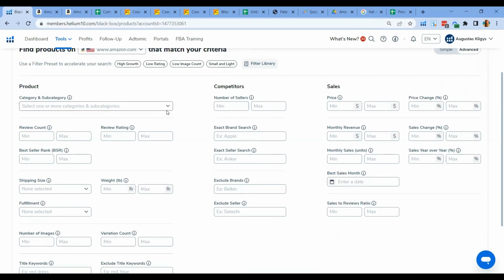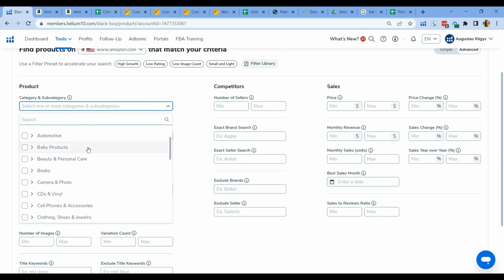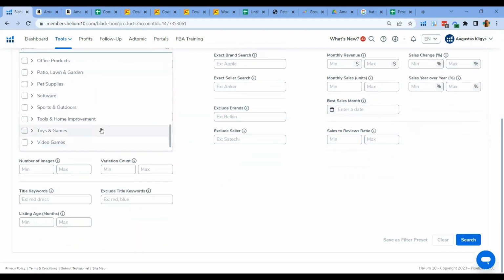So let's say you're an athletic person and you want to provide some accessories that are in line with sports, or any product that you can offer in line with sports and outdoors. If you are inclined into that hobby, then definitely you can start by clicking that category here. Helium 10 provides us with all the categories that are available on Amazon, and so it will be easier for you to narrow down your product research. So what I'm going to do is just click this category, sports and outdoors.